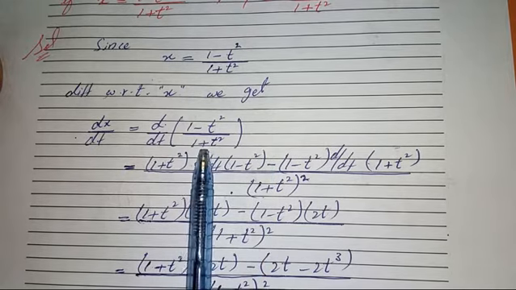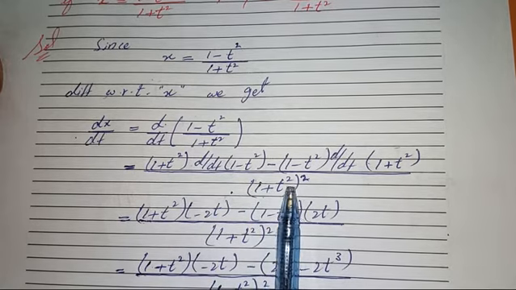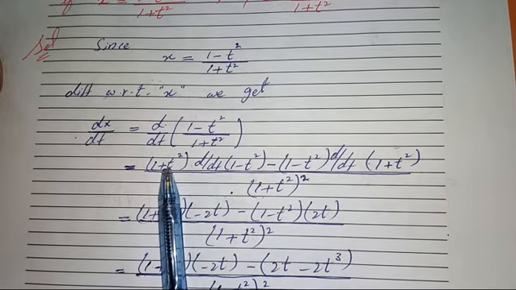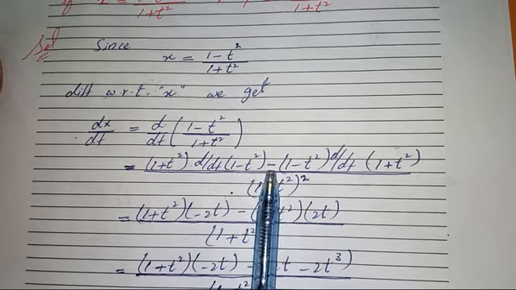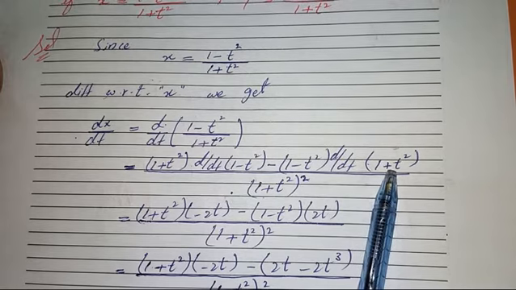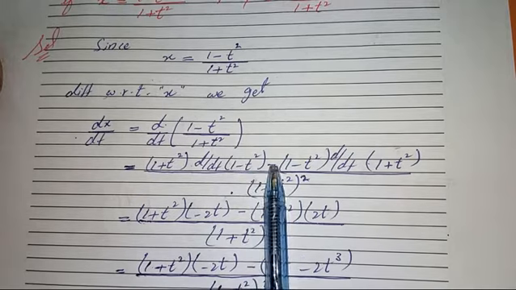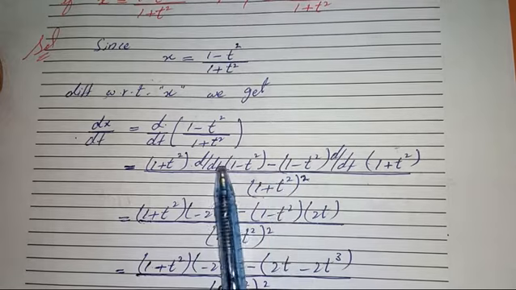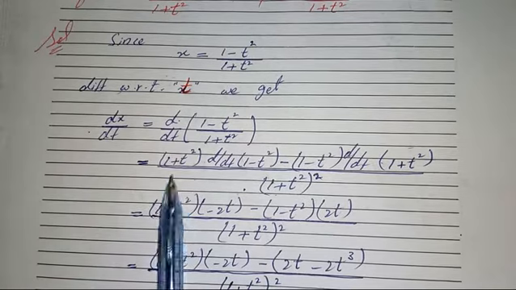So the derivative of this term, by applying the quotient rule, is: the square of the denominator term written in the whole denominator, while the denominator term is written first, times the derivative of the numerator term 1 minus t square, minus the numerator term 1 minus t square and the derivative of the denominator term. In the start the denominator term is written first, times the derivative of the numerator term, minus the numerator term as it is and the derivative of the denominator term, and all these terms are divided by the square of the denominator term. Now